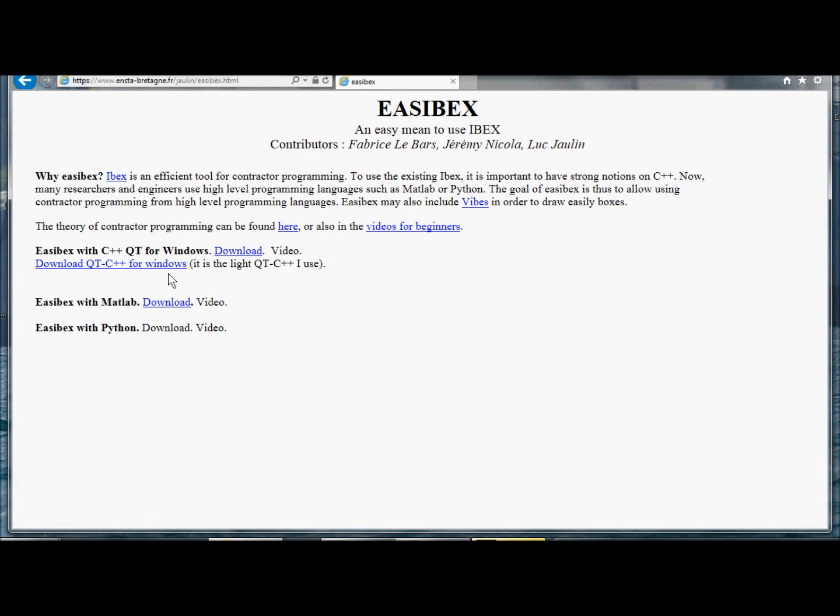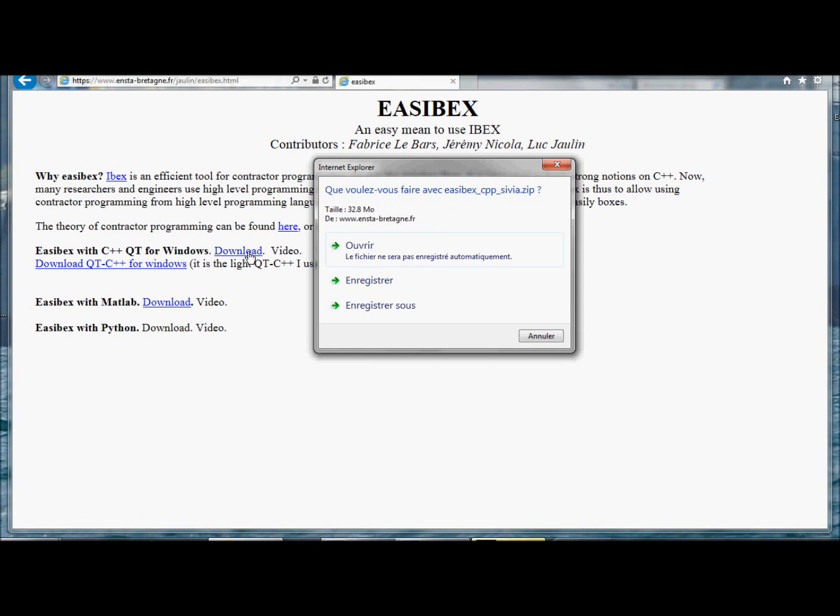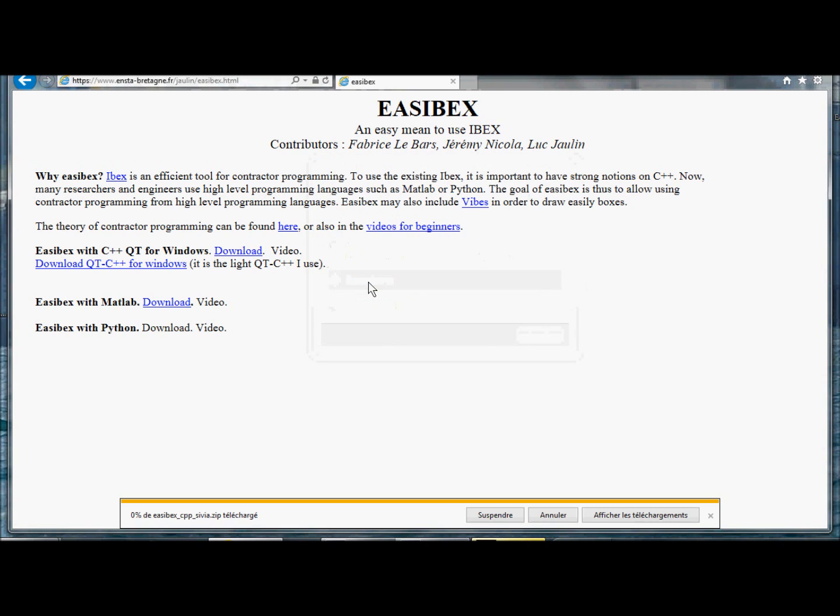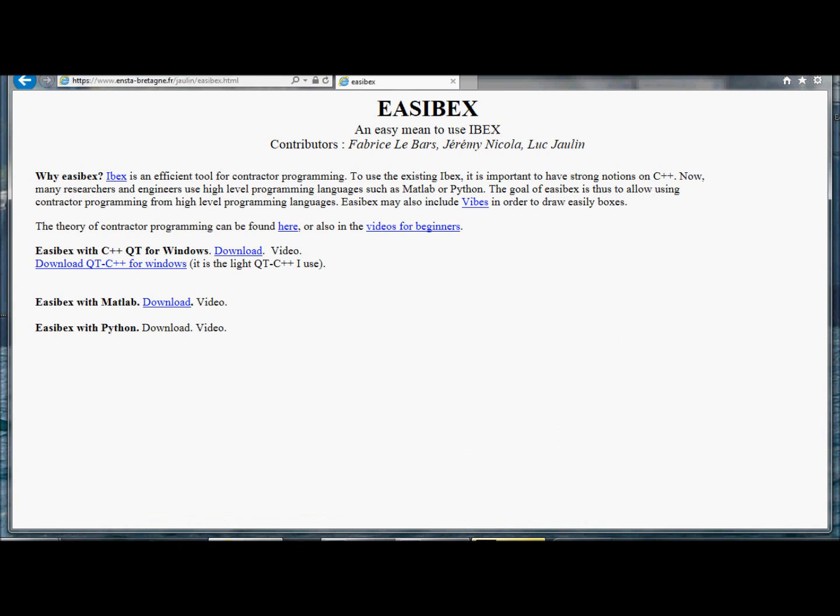So on my computer, I have already installed Qt C++, exactly this one. And if I click here to download Easibex for C++, and I record it. Okay. So it takes something like 1 minute. I will stop it now. After, I unzip this file, and then I will obtain